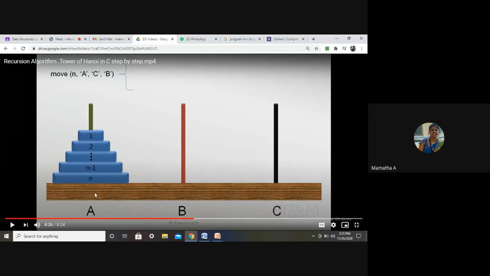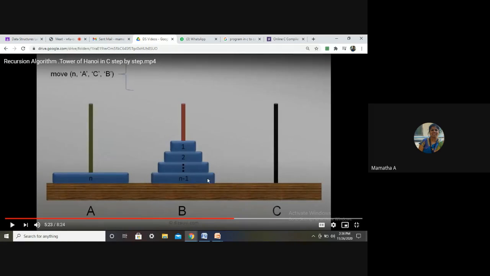I will divide the problem into 3 phases now. First, what I should do is, I should move n minus 1 disc, which is on the source peg, to which peg? B, ma'am. From A to B. What is the name given for B? Auxiliary. Very simple. So move n minus 1 discs from A to B using which